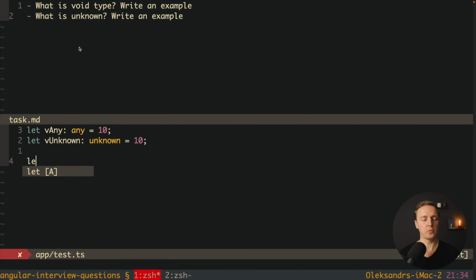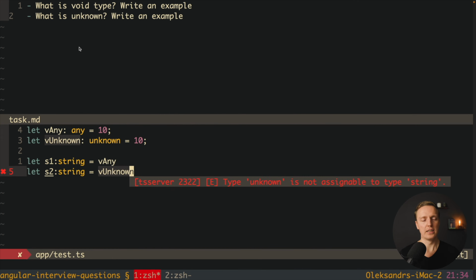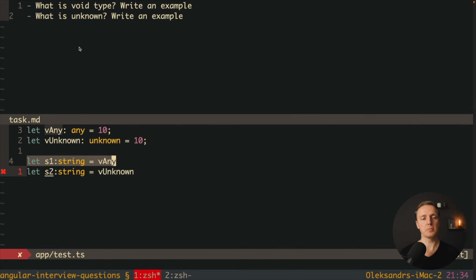After that I want to define a new property s1 of type string, and assign vAny. And then define property s2 of type string and assign vUnknown. So what will happen here? As you can see, we don't get any error in the first case. We have s1 string and we are assigning vAny.